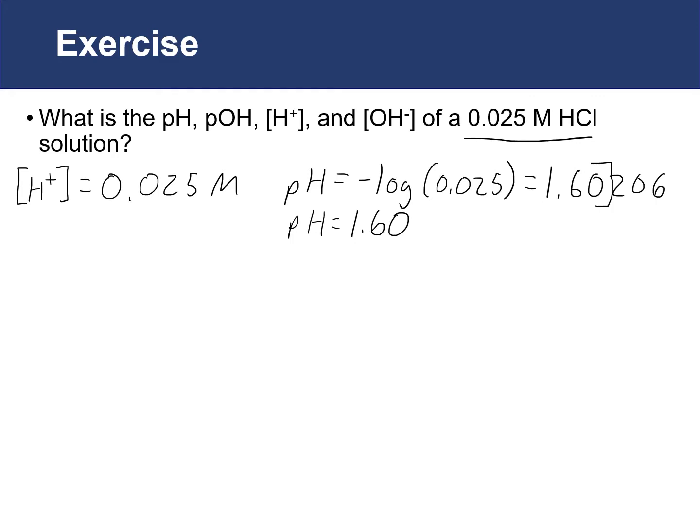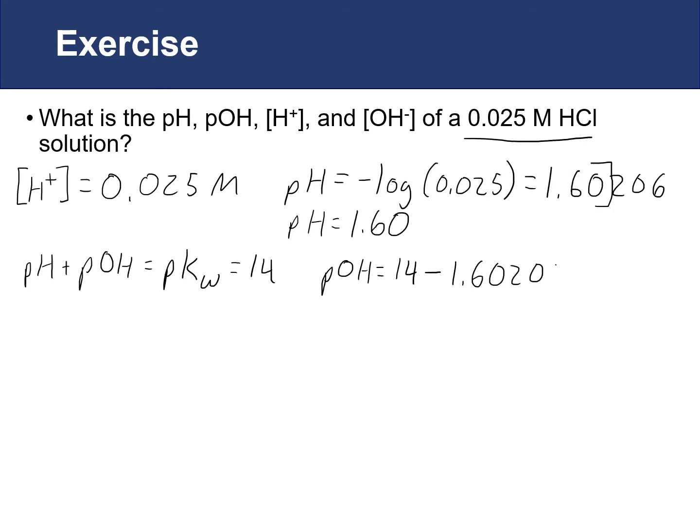Now, because we have the pH, we can find the pOH, because pH plus pOH is equal to our pKw, which is equal to 14. So to find the pOH, our pOH would be equal to our pKw, which is 14, minus our pH, which is 1.60206, with the significant figure ending right there. So this would be equal to 12.3979, with the significant figure being between the 9 and the 7. So the pOH that we would report would be